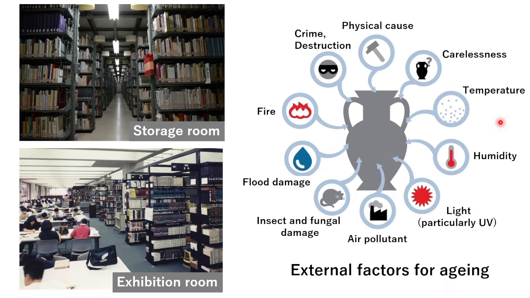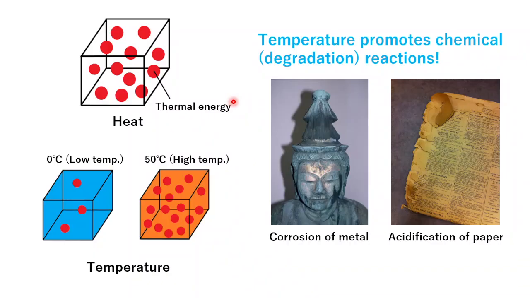environmental management. Therefore, it is most important to measure and collect basic information on environmental factors such as temperature, humidity, light, pollutants, and organisms that cause degradation, in order to detect and deal with problems in the library storage environment early. Consequently, degradation occurring in the object can be delayed. Therefore, I would like to explain each of these factors from a conservation scientific perspective, focusing particularly on temperature and humidity this time. So let's look at the problems caused by changes in temperature and humidity.